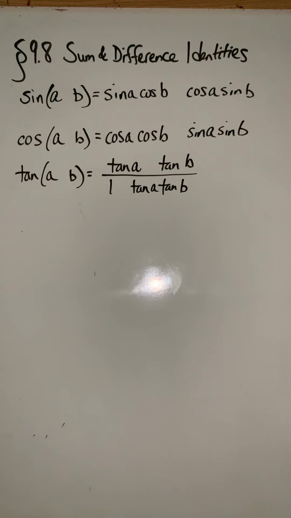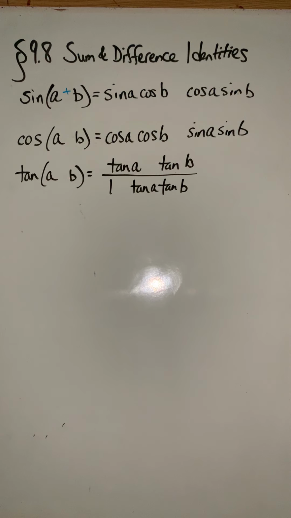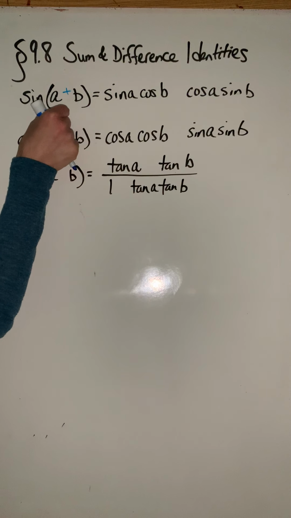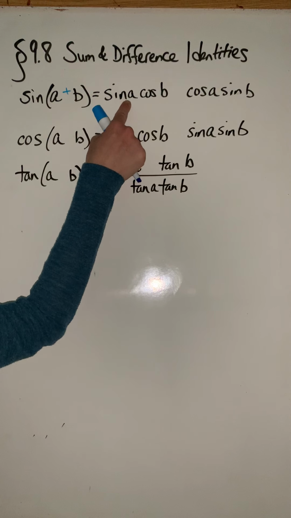So we need some other way to be able to evaluate that. And that's one of the things that we can use the sum and difference identities in order to do. So let's suppose that our identity was the sine of A plus B. Okay, so A and B are just two angles. That would mean we would add the two angles together first and then take the sine. We can rewrite that so that